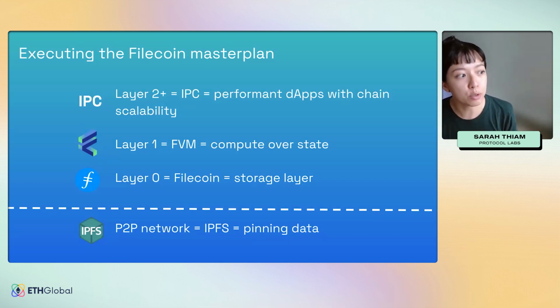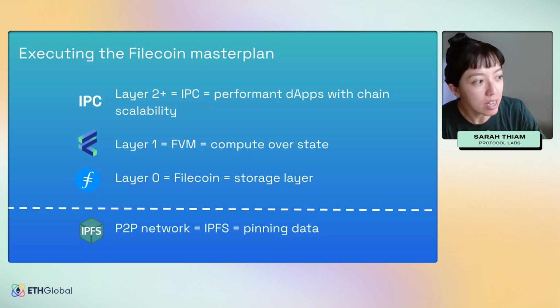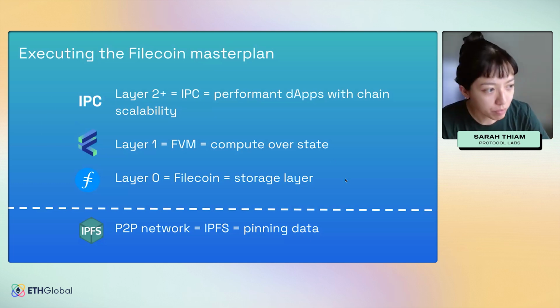And then we have the layer 2, which is enabled by IPC. I'll talk a bit more about IPC in a bit. There's layer 2+. The goal is that you can really create a hierarchy of different subnets. We call them subnets, which are different networks. And so you can create layer 2, 3, 4, 5. Of course, security decreases as you go down the line. Also, for the purpose of this hackathon, we highly recommend you stick to an L2 for now. L3s are still a little unstable because this is still a really new development for Filecoin. So you guys are working on early access products here. We'll talk a little bit more about that, but in general, this is how the stack works.